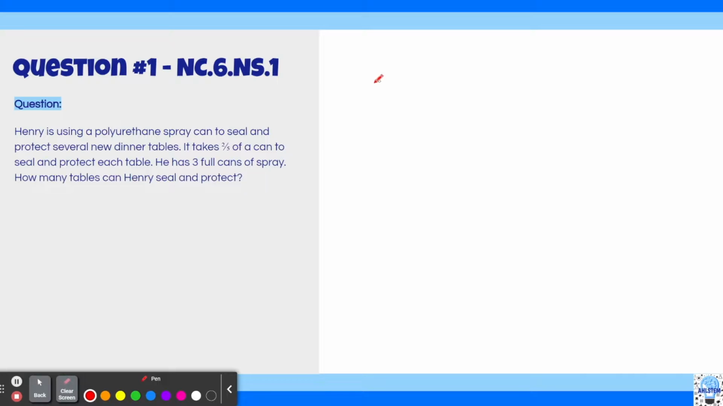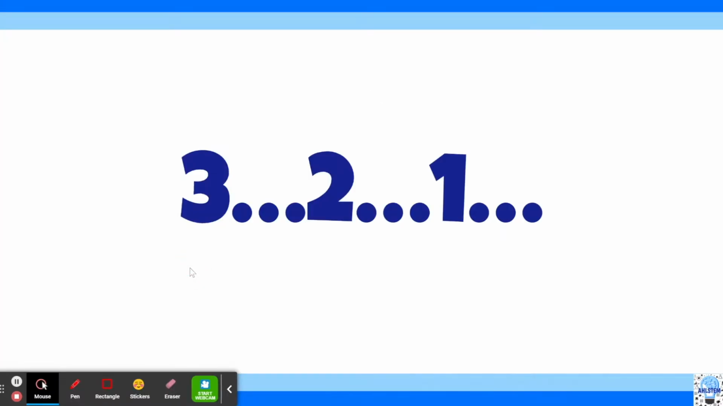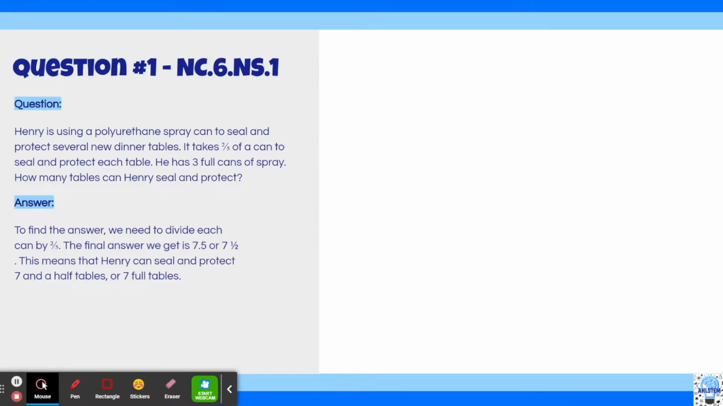Ready? 3, 2, 1. So to find the answer, we need to divide each can by 2/5. The final answer we get is 7.5. This means that Henry can seal and protect 7.5 tables or 7 full tables. So let's do this